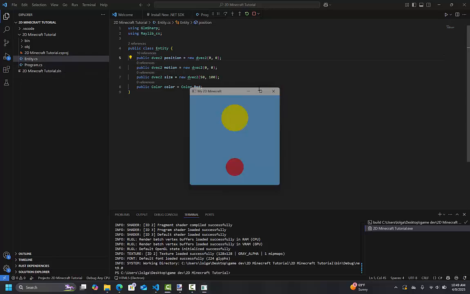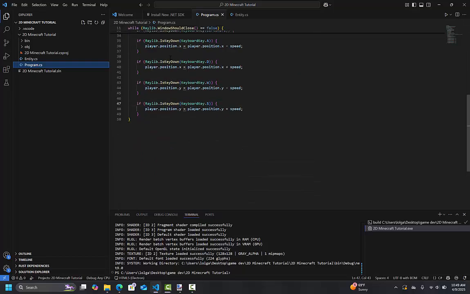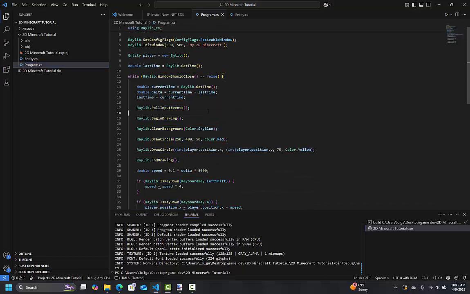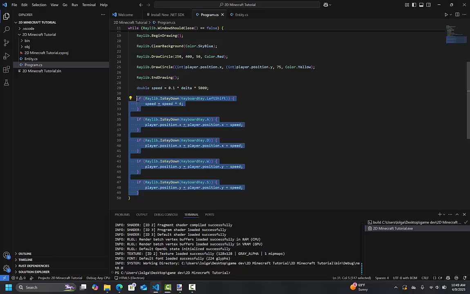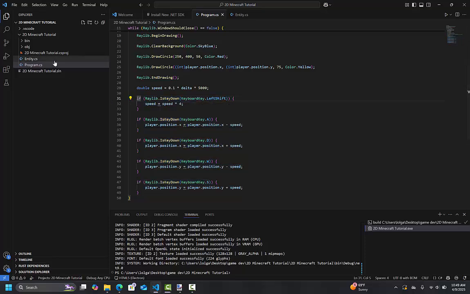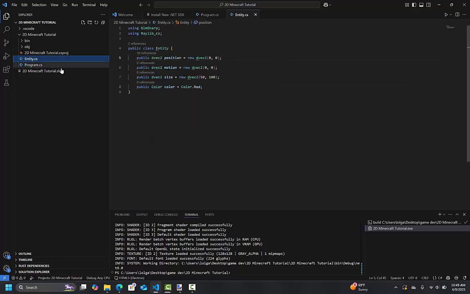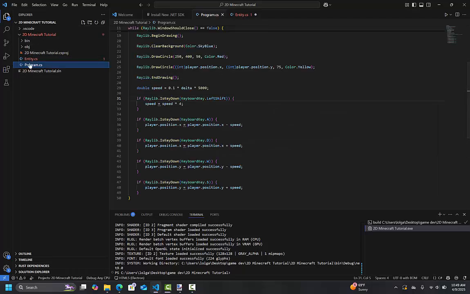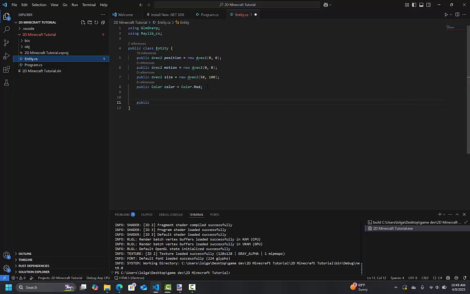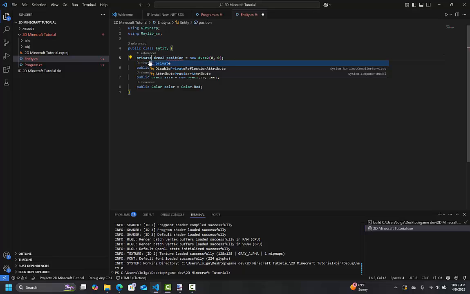But what if we wanted to make it so that we didn't have to have all this stuff in this function here? All right? So let's go into the entity. And we're going to create something called a function. This is going to be another public, because we want this program to be able to access it. Like, let's say, for example, if we made, let's erase this for a second, if we made this private, the